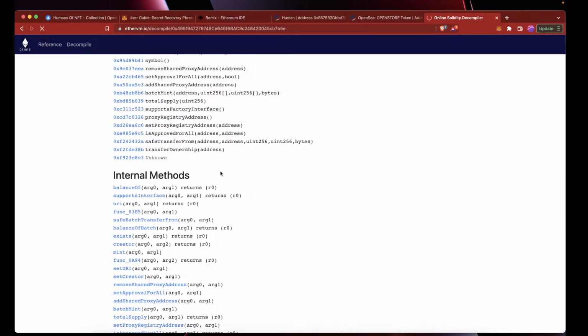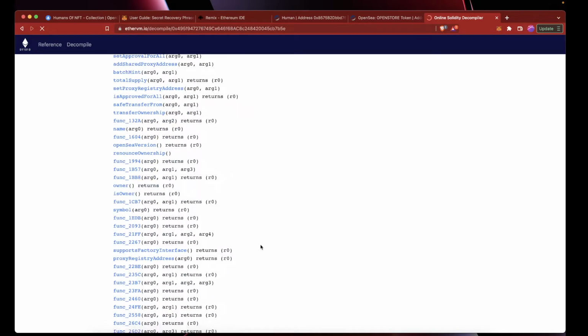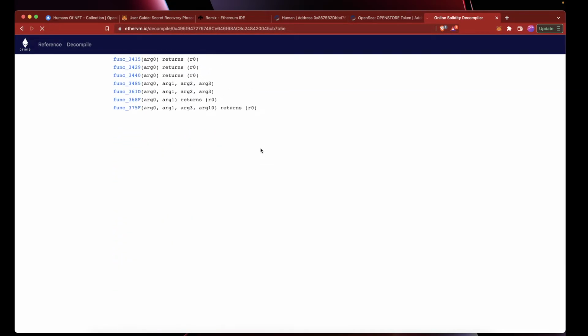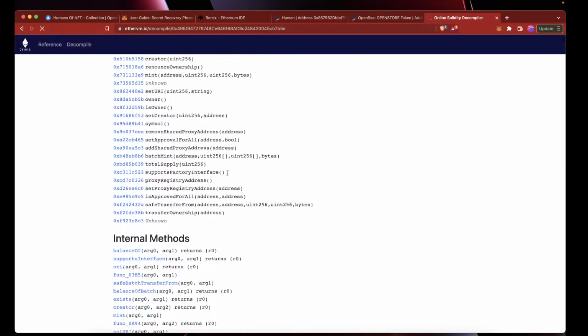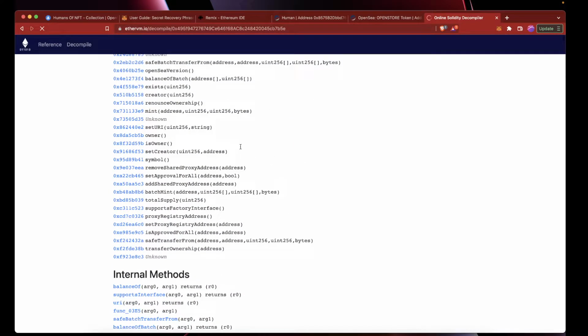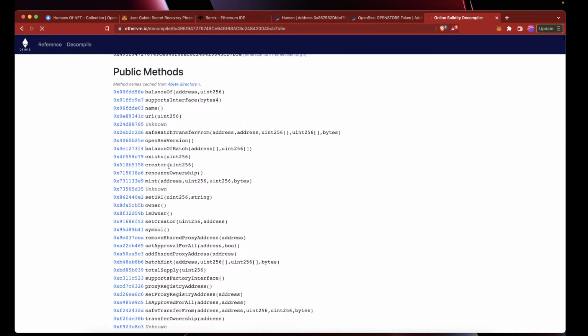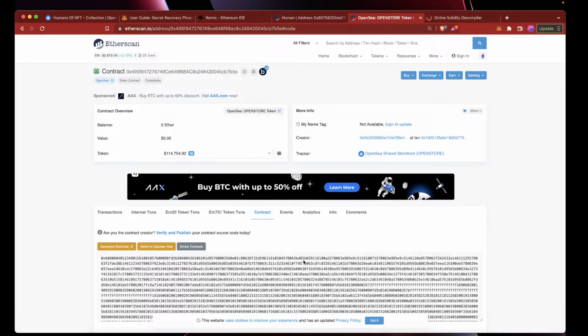So this gives us a pretty good view of what's going on inside of the OpenSea contract. These are all of the functions that happen in Solidity. So in some situations when somebody deploys a malicious contract, you'll get really smart people who know what they're doing and who know how to read things, who can go and take that unverified contract, put it through a decompiler, and then actually deconstruct what's going